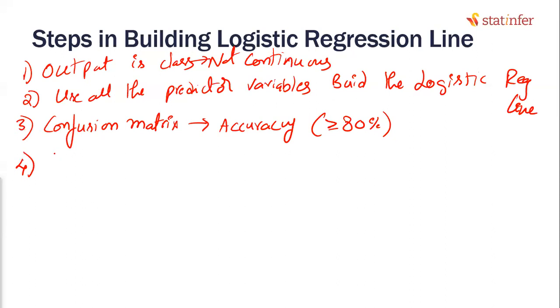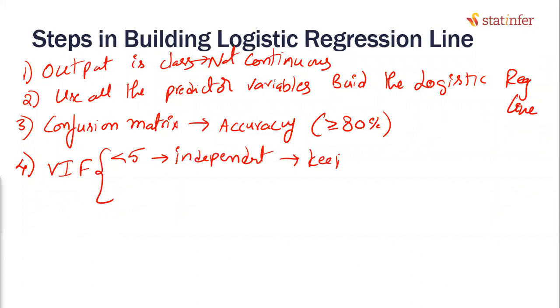No problem. Does that mean we can finalize the model now, or we can do some cleanup stuff? What is the first thing that you're going to do? Cleanup. Yes. Check for multicollinearity. How do you check multicollinearity? You are going to calculate the VIF values. If the VIF value is less than 5, that indicates no dependency. That means independent.